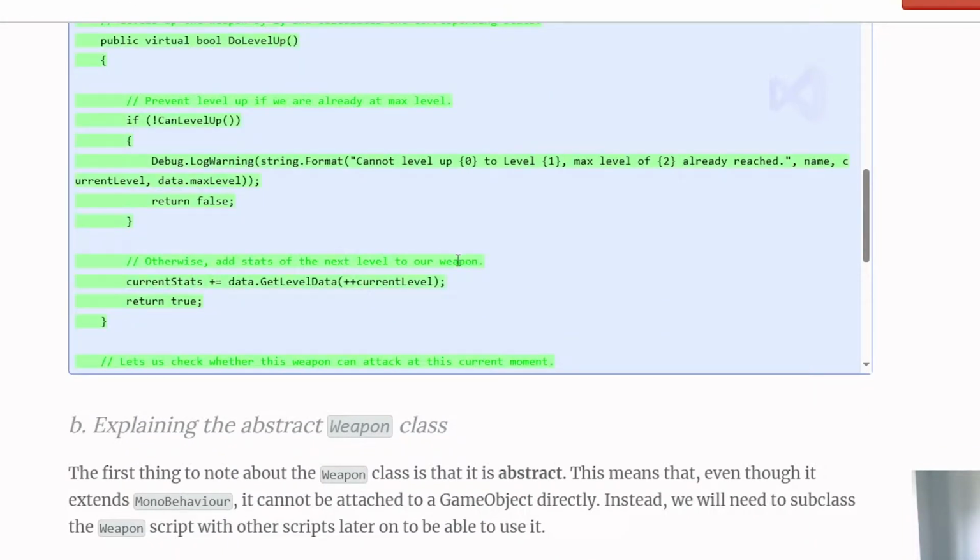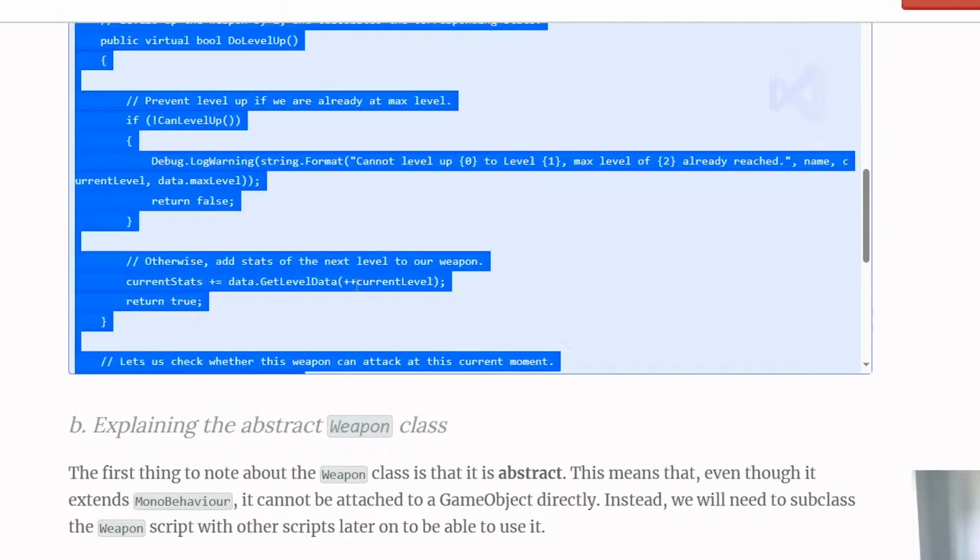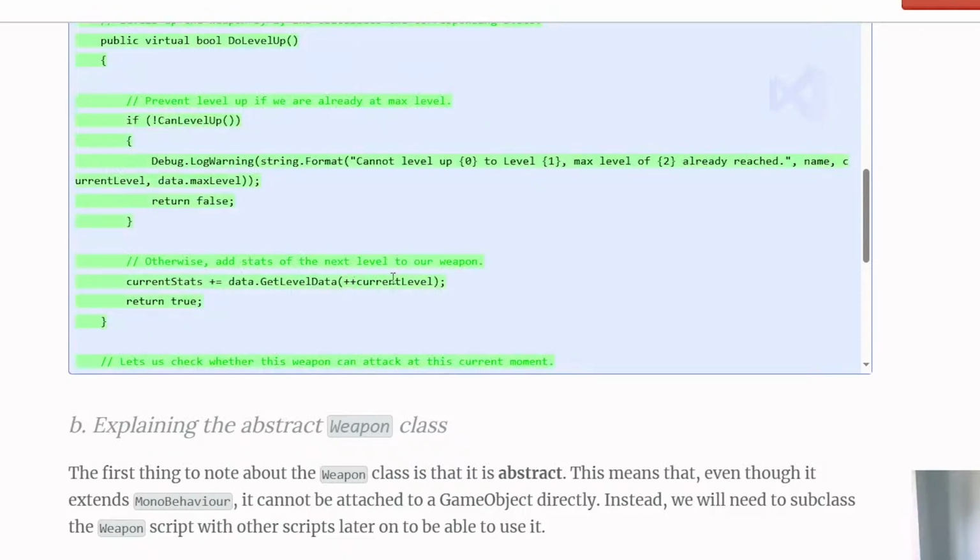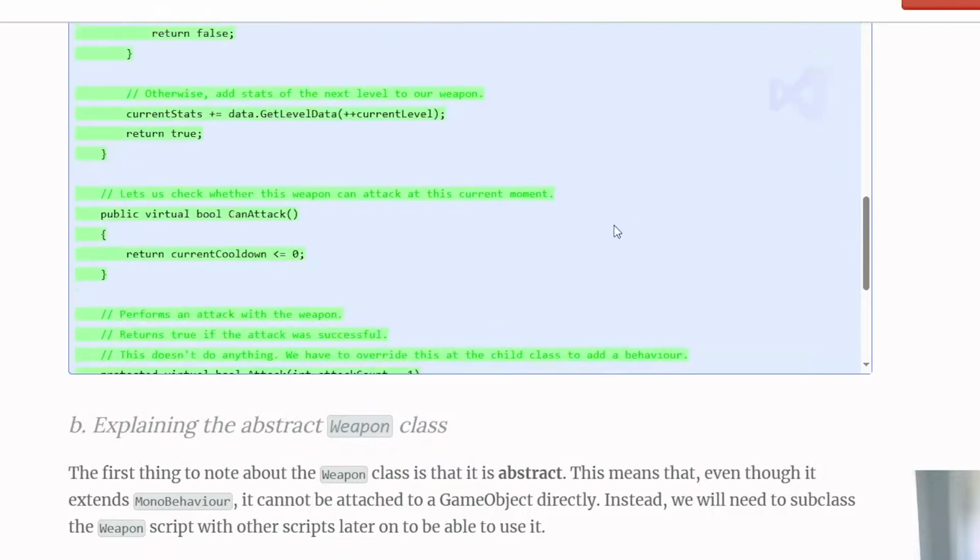What happens when you level up a weapon? You add the data of the next level to the current level. So this plus current level here basically means that you take the level value and increase it by 1. If my current level is 1 and I do plus current level, this will change it to 2. So I'm going to get the level 2 data, add it to the level 1 data, and then this will update the current stats when I level up the weapon. And finally we have a can attack function, which helps us to control whether the weapon is able to